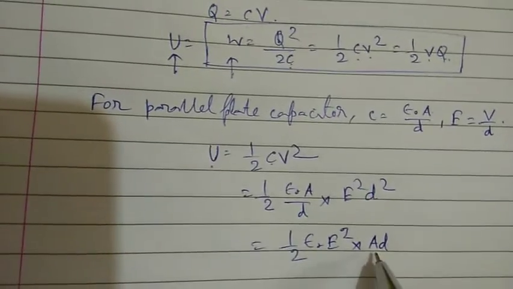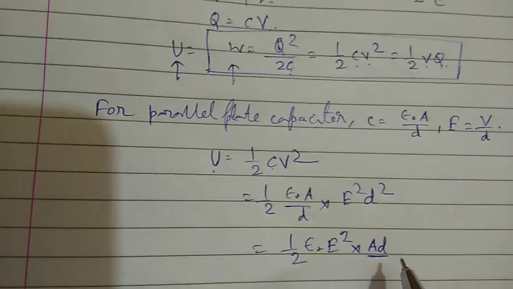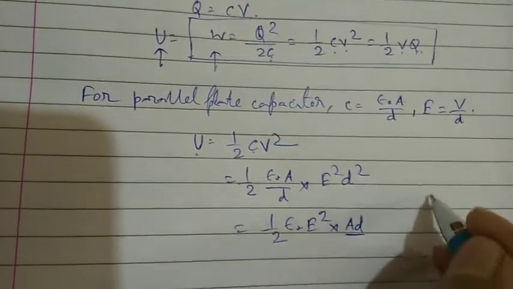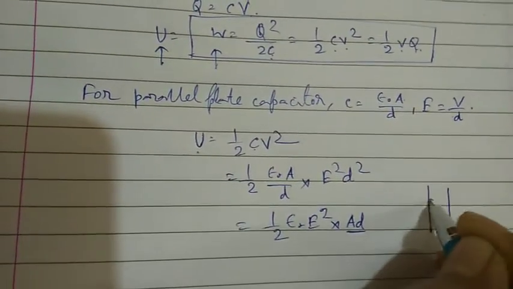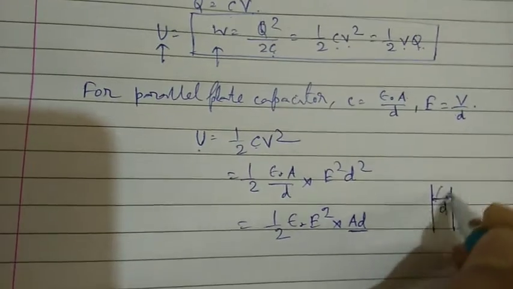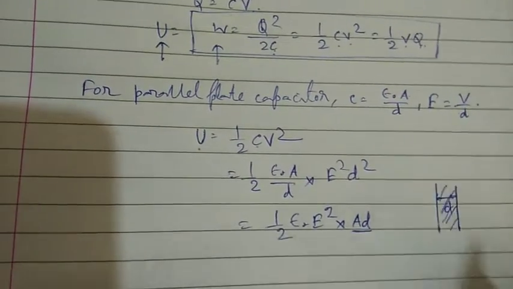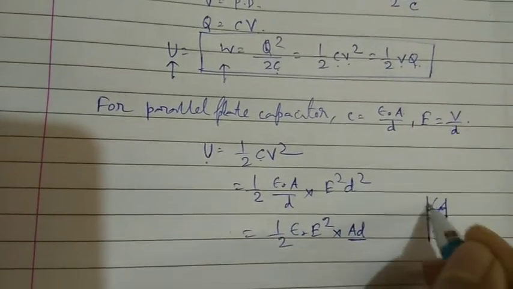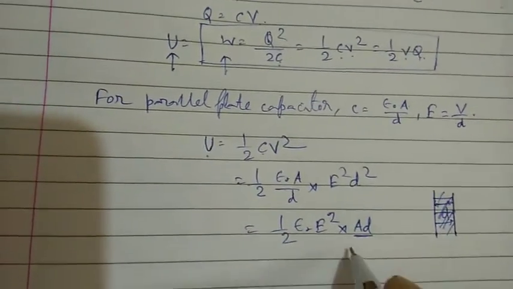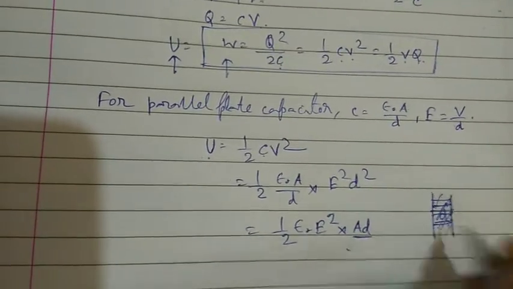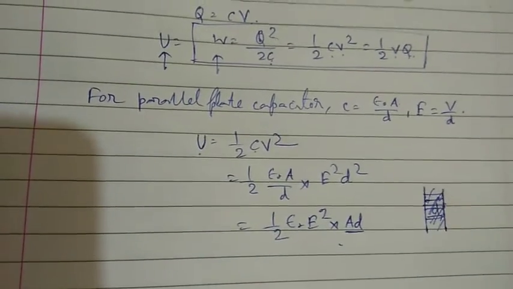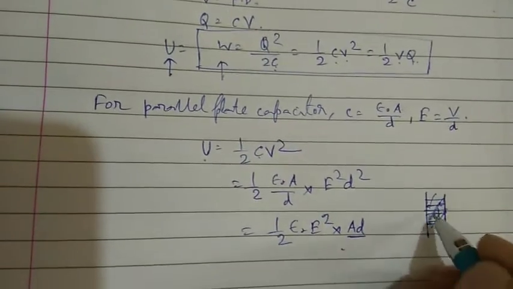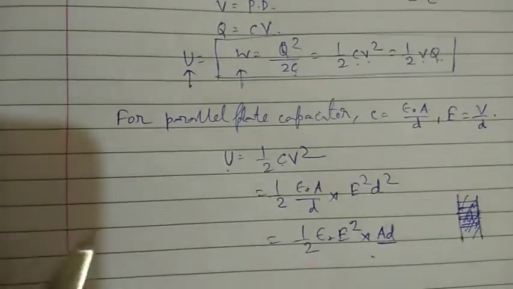Now here, if you see A d, if the plate has surface area A and the separation is d, A d actually gives you the volume inside the capacitor. So we can actually say the electric field is inside the capacitor. So this much amount of energy is stored inside the capacitor. So the energy per unit volume or energy density can be written as